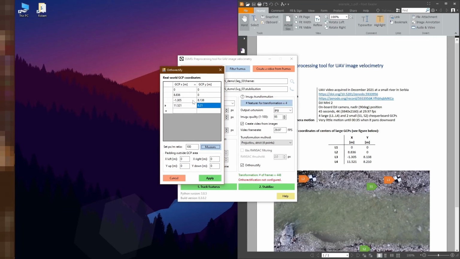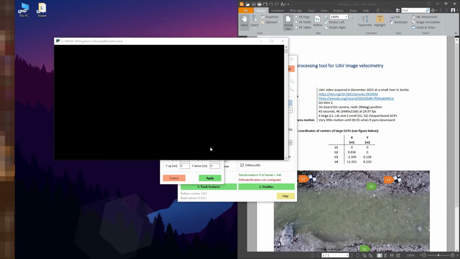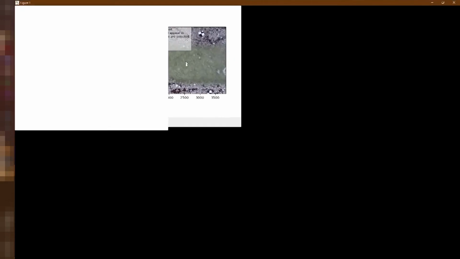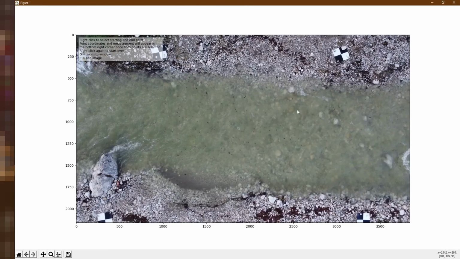Another thing that we must do is define the ground sampling distance, GSD, or the ratio of pixels to meters. This value is often chosen to be a nice round number to simplify later calculation, but it should also be as close to the original GSD from the original video. For that reason, there is a button labeled Measure on the right, which will allow the user to interactively measure the distance between image points in pixels and divide that value by the known real-world distance to obtain the original